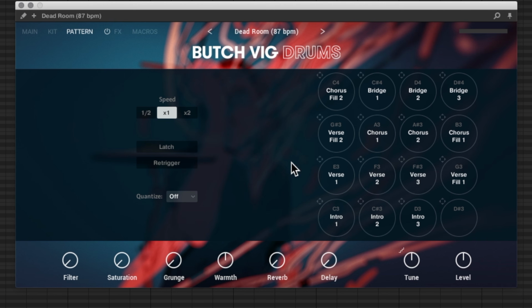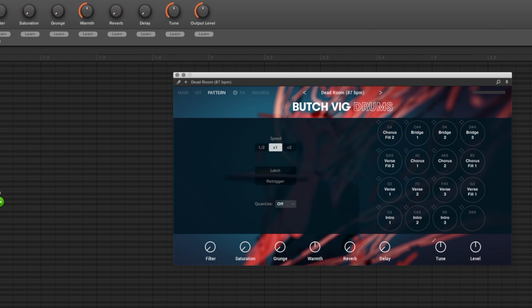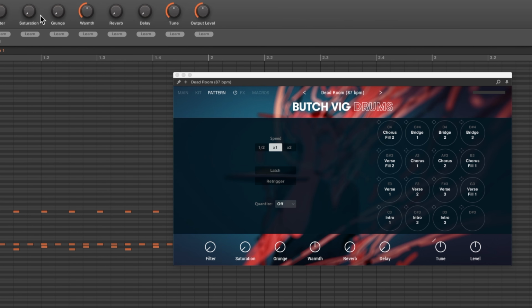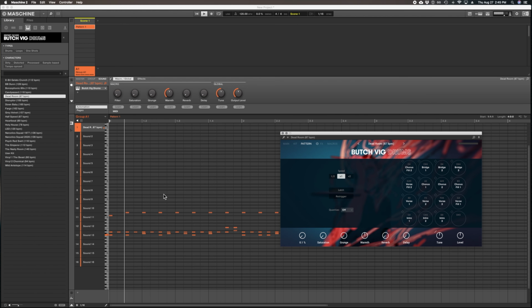What you can do, and how I laid out the drums in the other song, was I just took a verse and dragged it into Machine. You could drag this with this little control right here. You can drag it onto any MIDI track in other DAWs as well. So now if I press play,